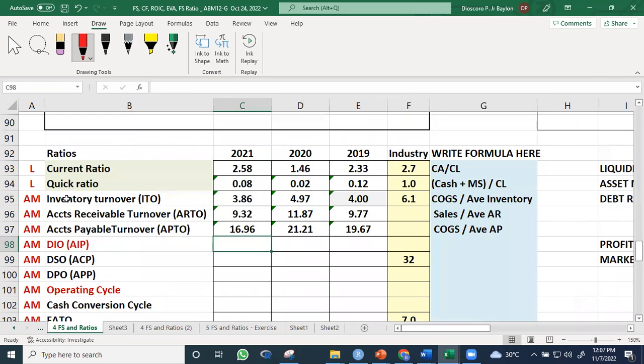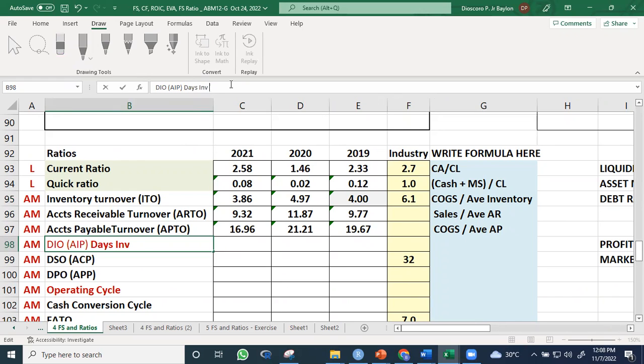Sige. So ito, ITO, at saka sa DIO, which is days inventory outstanding. So that's mga days inventory outstanding, or we also call it average